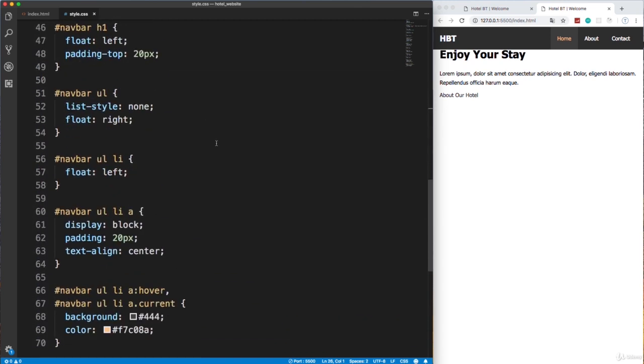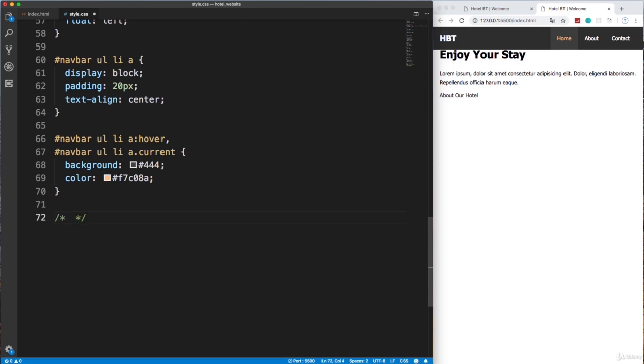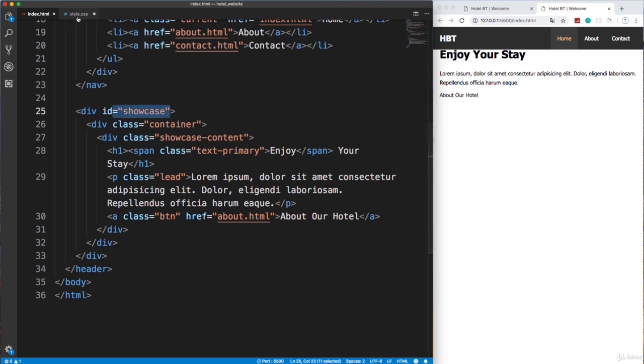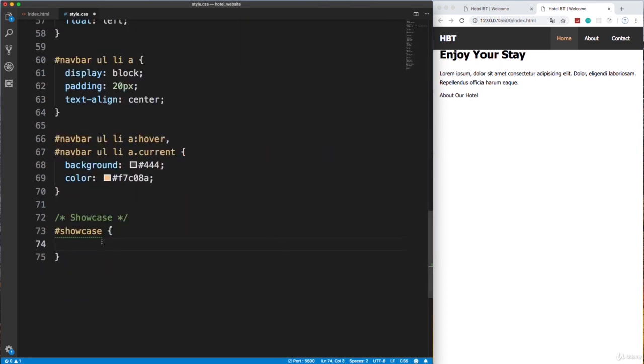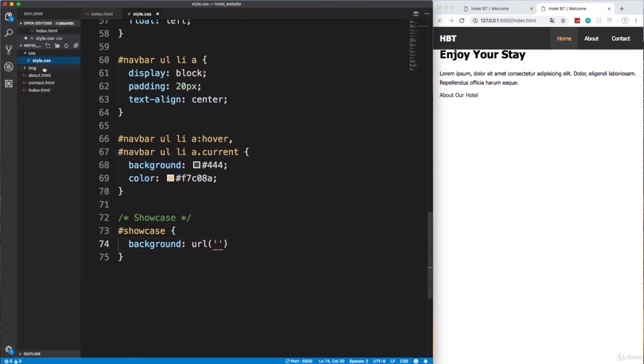So let's go down below the nav bar, and let's add our styles for the showcase. Okay, so of course we want to style the actual showcase, which has an ID of showcase, I believe, right? Yep, right here. And that's what we want to add the background image to. So remember, background or background image, and we want to use URL, and then the image is located in, if we look at our file structure, it's located in this IMG folder. Now, since we're inside of the CSS folder, right, we're in the style sheet that's inside of the CSS folder, we can't do